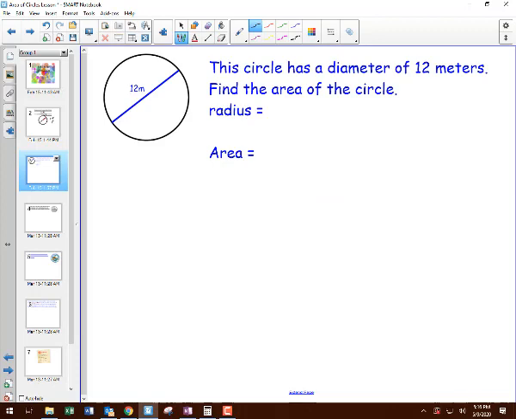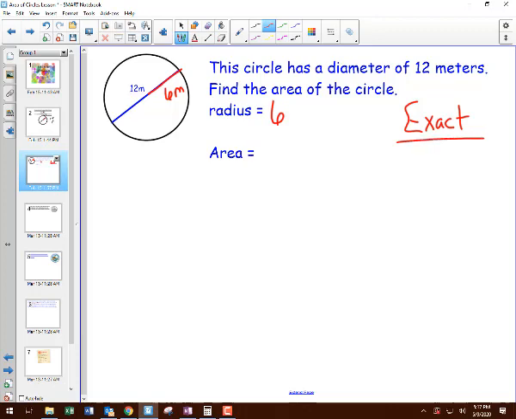First example coming up here, this circle has a diameter of 12 meters. Find the area of the circle. Okay, so there's that diameter. It gives you the diameter, so you have to reach into your background knowledge and remember that radius is half. If the diameter is all the way across, that means the radius is going to be 6 meters in this one. Okay, another blast from last week, we talked about exact versus approximation. If we know the radius is 6, our exact answer,